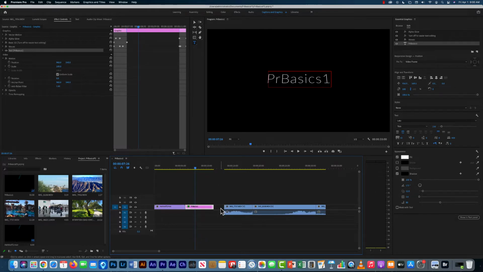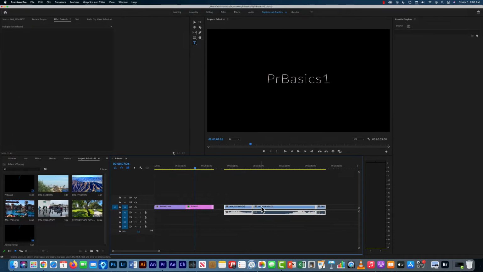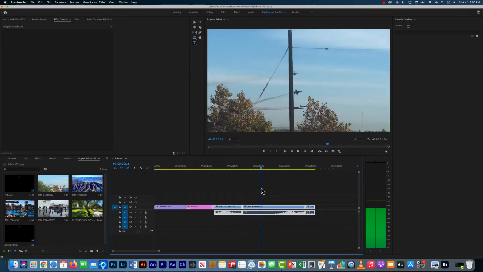Now I've got this gap right here that I need to close. So I'm going to select my 3 clips, and I'm going to drag it up until it snaps into place right there. There's that black line. Oops. Let's try that again. Snapping into place right there. There we go. Alright, just about done. So I've got my intro, I've got my title, I got my 3 clips,